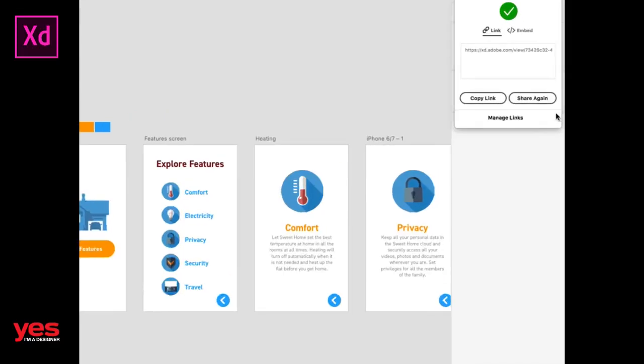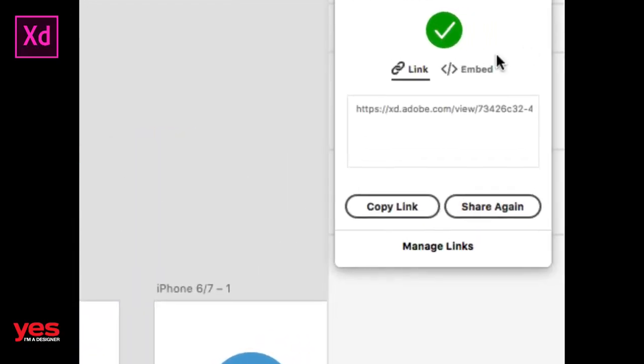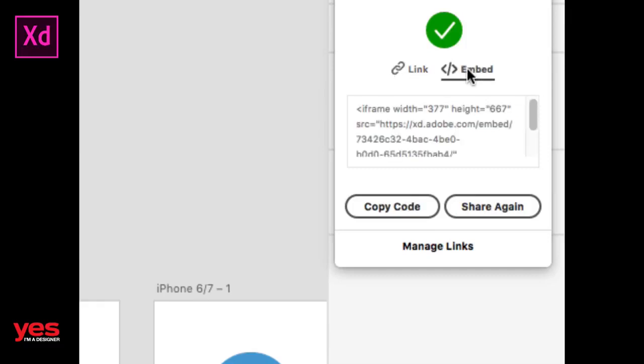And there's an option to manage your links as well, so you can keep track of all your live prototypes that you are sharing with people. And by the way, you can put your finished prototypes into Behance using the embed option, because it can create an embed code that you can put either on Behance or even on your website, in a WordPress site. So that means within a post, for example, you could have the full working prototype shown, which people can interact